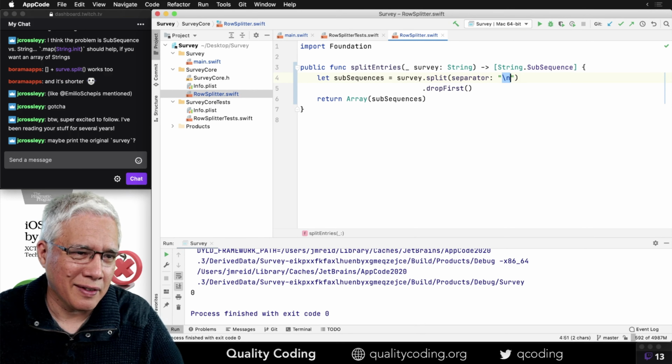But here's the clue. Look at that. This comma separated value thing has what is that? Windows style line endings, and I'm doing a separation by Unix style. Bleh. Oh, great. All right, let's reset. Back. Let's see.